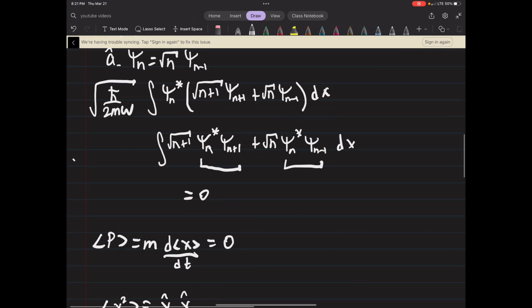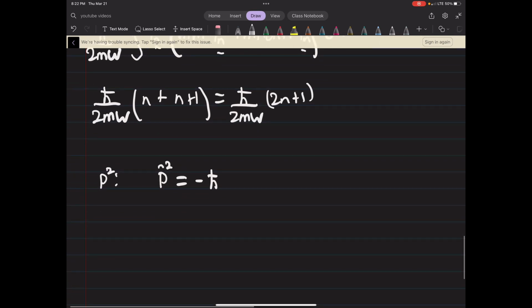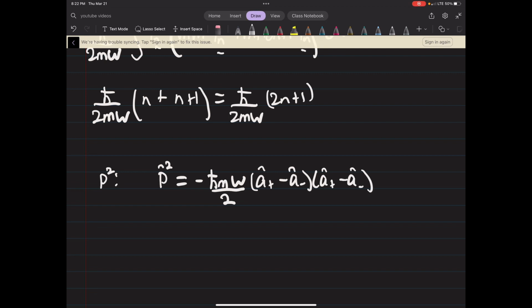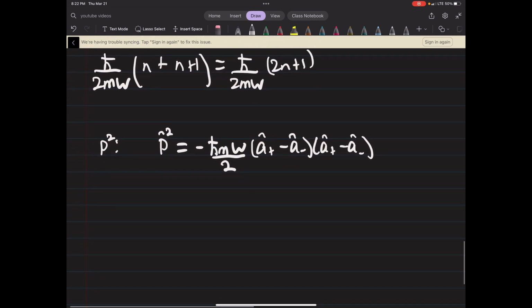H bar m omega over 2, the raising operator minus the lowering operator squared. Now everything that we just did we're going to do again, but with these new operators. So we'll have minus h bar m omega over 2,